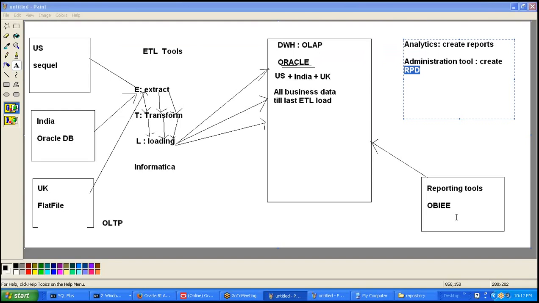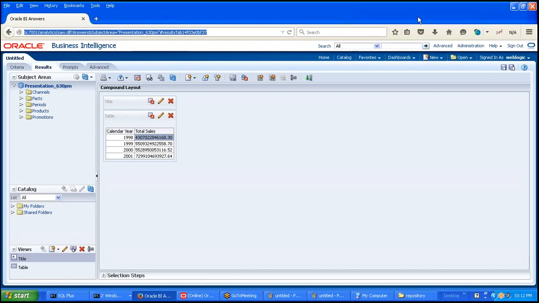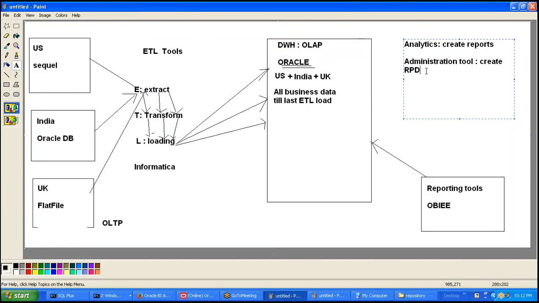Rajesh asks which one we should start first: RPD developer or analytics developer? Generally, the OBI job will be both. You will see job profiles like OBIE consultant. An OBI consultant can mean only RPD, only reporting, or a combination of both. But generally the preferred skill set is RPD and basic reports, not entirely the reporting side, only basic reports.